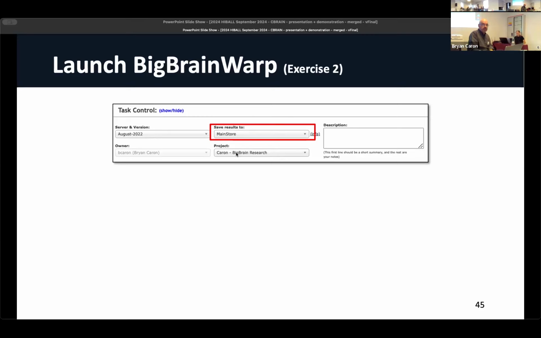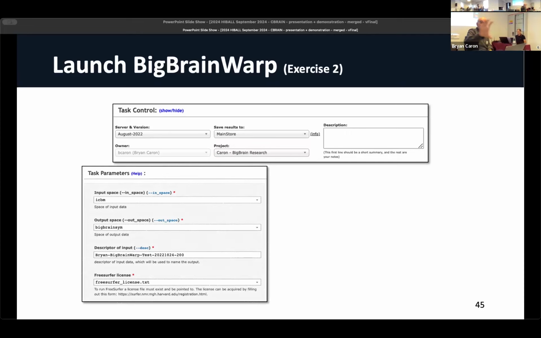Okay. And then for the next one, you're going to want to select the project name that you created at the beginning of the exercise. In my case, I just had one already configured that I created, but for your project, just select the one that you created earlier. Okay, and if you want, you can give it a description to help you trace through or manage between your main projects. You can say, okay, this is the exercises we're doing as part of the tutorial, for example. Okay.